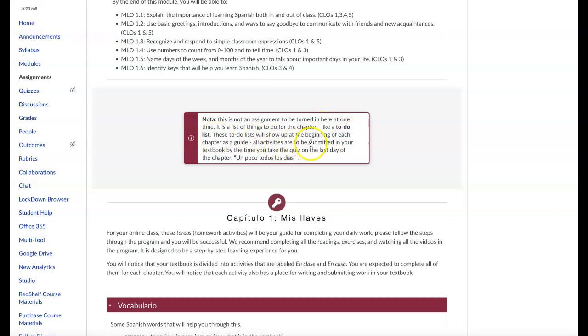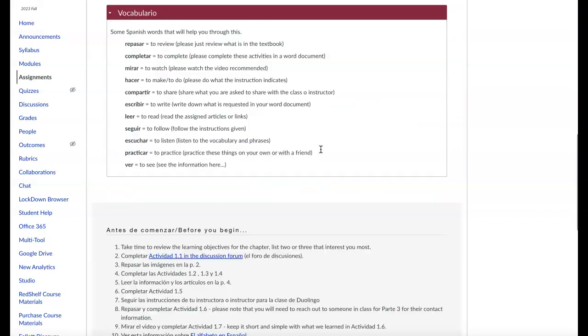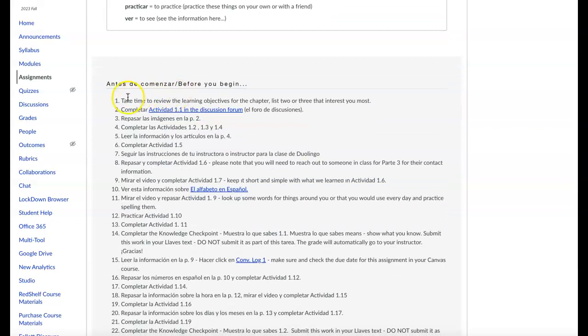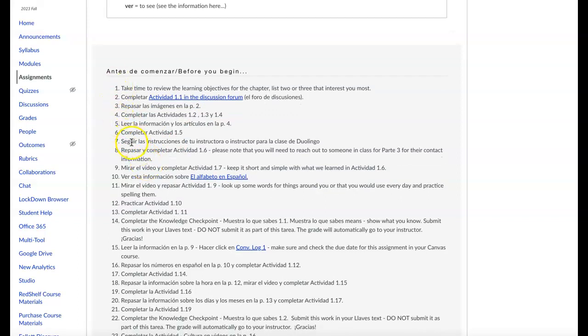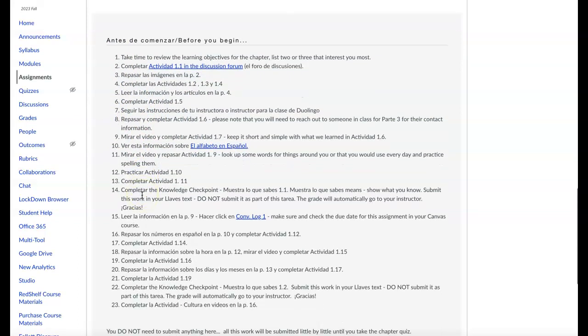These to-do lists will show up at the beginning of each chapter as a guide. All activities are to be submitted in your textbook by the time you take the quiz on the last day of the chapter. That just means un poco todos los días, okay? So as you go through it, you'll notice that there are steps, step 1, 2, 3, etc. And it goes through and tells you which activities to do. So if you did a couple of these per day, un poco todos los días,